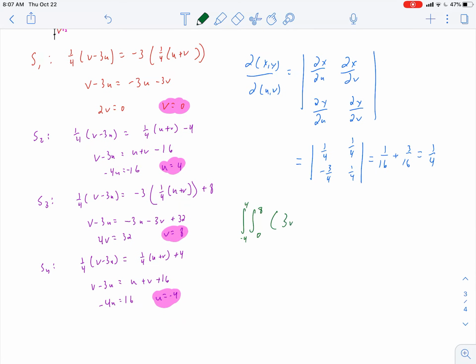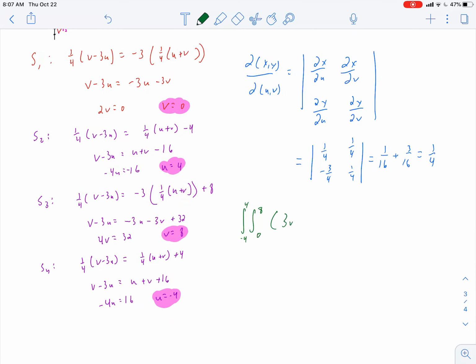All right, now let's go ahead and integrate. We did all this just so that we could integrate. So I can pull the 1/4 out. Negative 4 to 4, and inside, I'm integrating with respect to v. So it's going to be 3/2 v squared minus 5uv from 0 to 8. And it's another good reason we chose that first one to have 0 there. And so we have 1/4